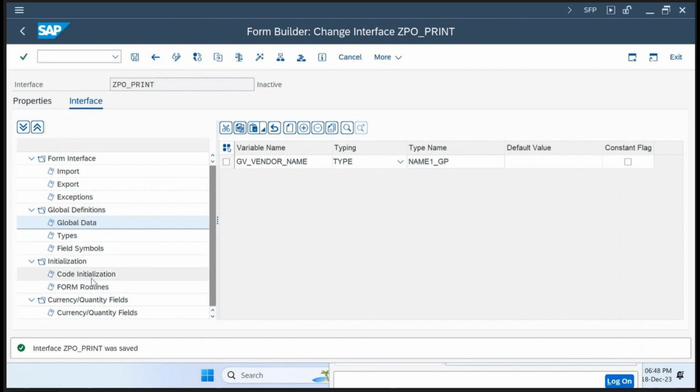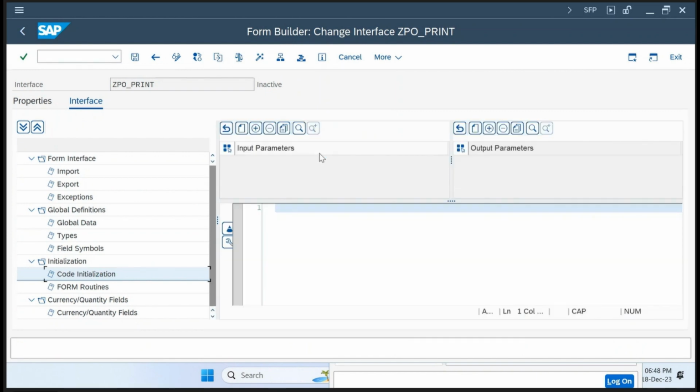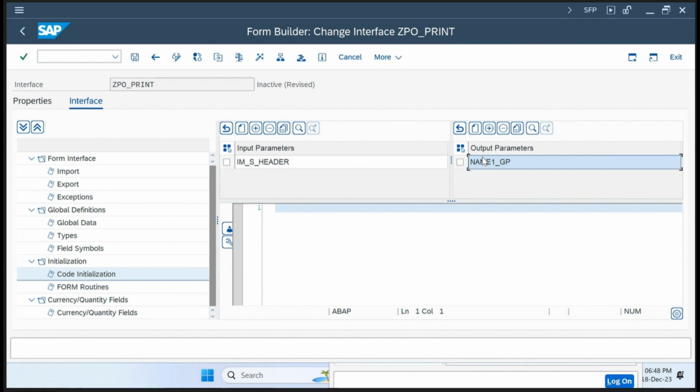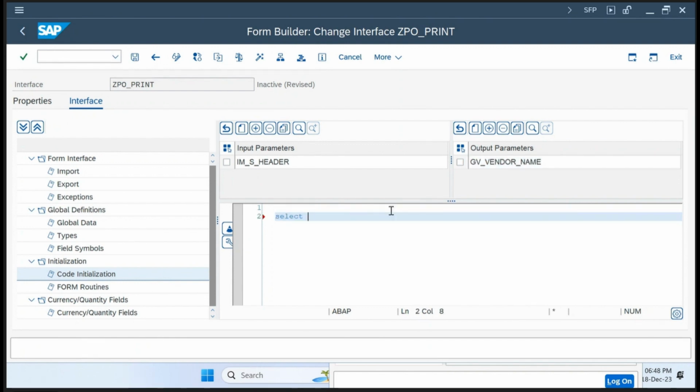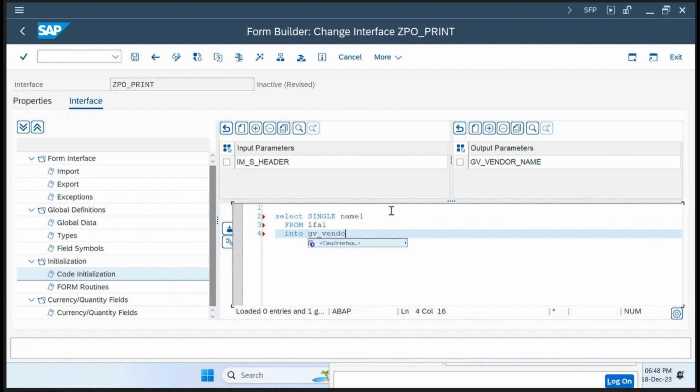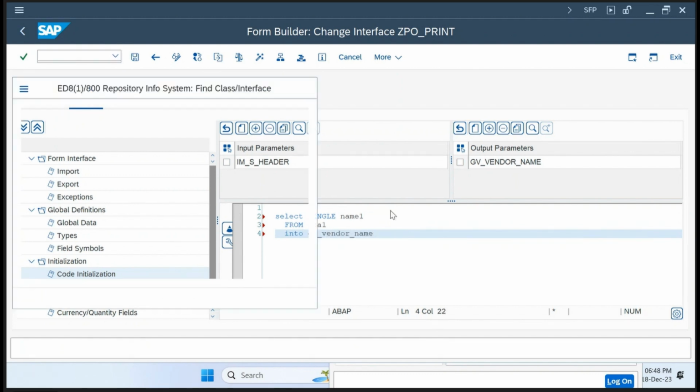I will go to code initialization, the importing parameter is IMS header, and the output parameter is GV vendor name. Here I can write select single NAME1 from LFA1 into GV vendor name